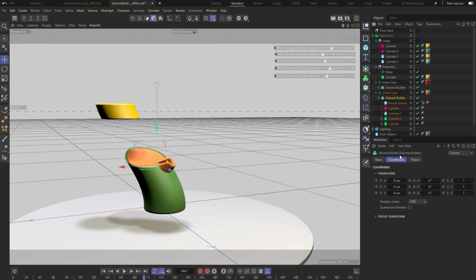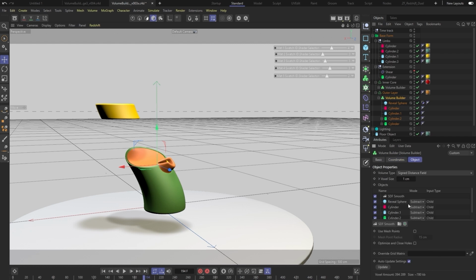So like I said, you can add a cache layer and cache all this into your file, which is a nice way of just temporarily helping yourself. When you add the cache layer, you just go ahead and add it to the top of the hierarchy of each of your volume builders. And then you need to hit the cache button. It will save, or hit animation and hit cache, and it will make sure you set your duration as well, I believe.